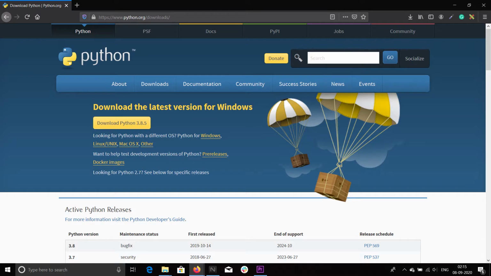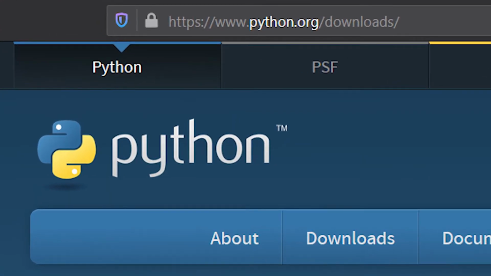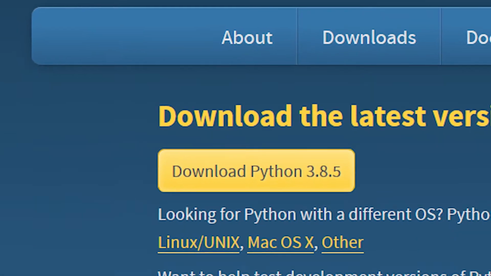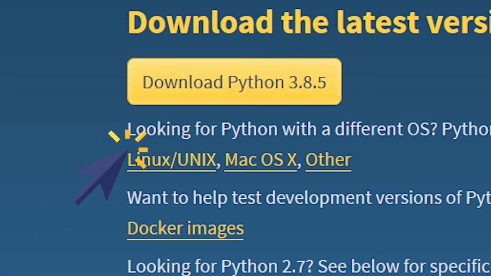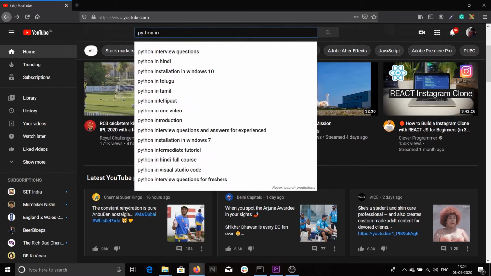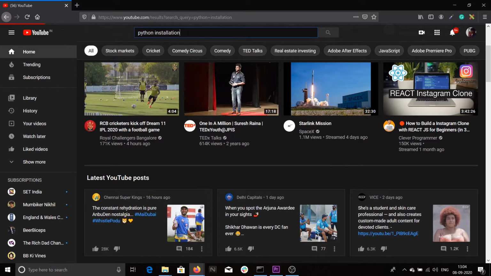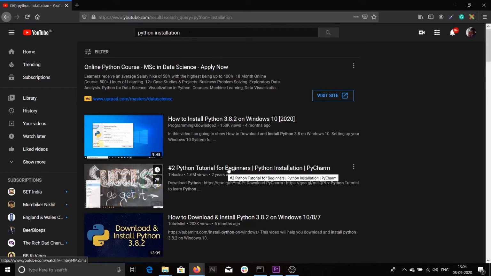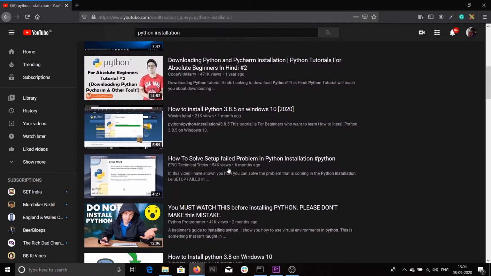We will be using Python as the programming language. So make sure you have Python installed on your computer. If you don't have it installed, then go to https://www.python.org/downloads. Now click the download button to download it. Its setup is really simple, and if you still have any problem in setting it up, then there are hundreds of videos available on YouTube on how to install Python.